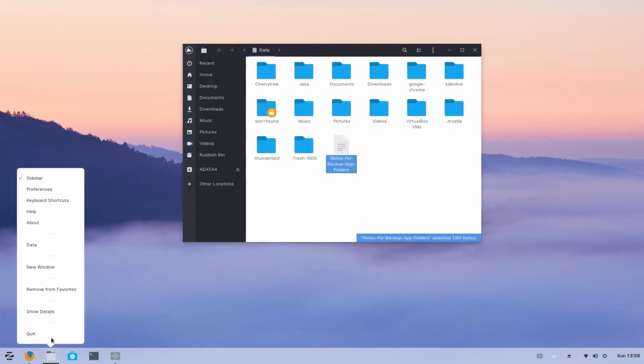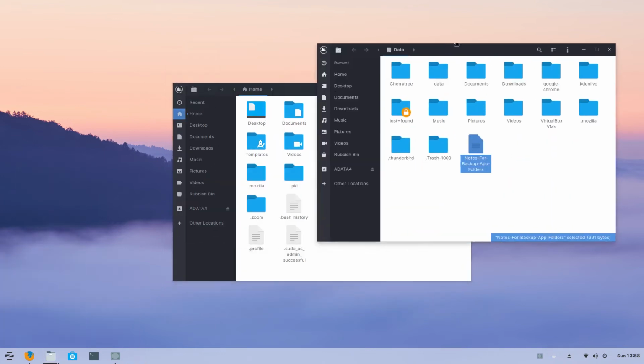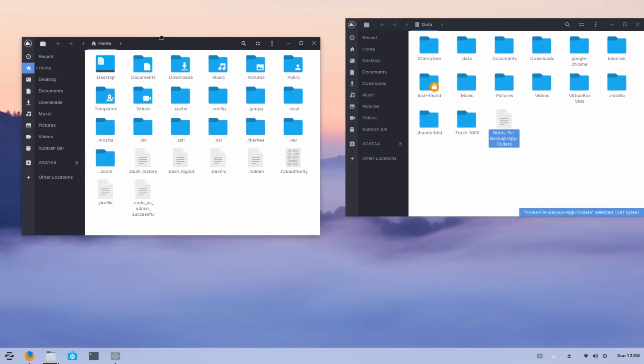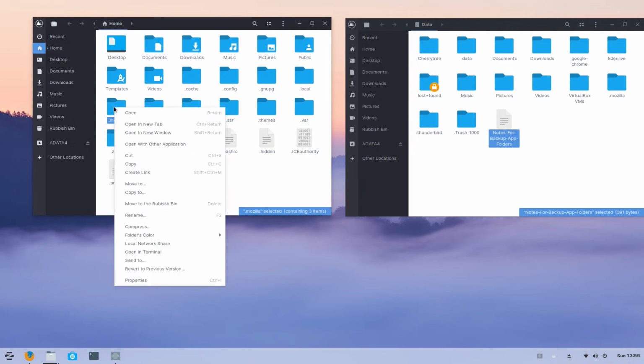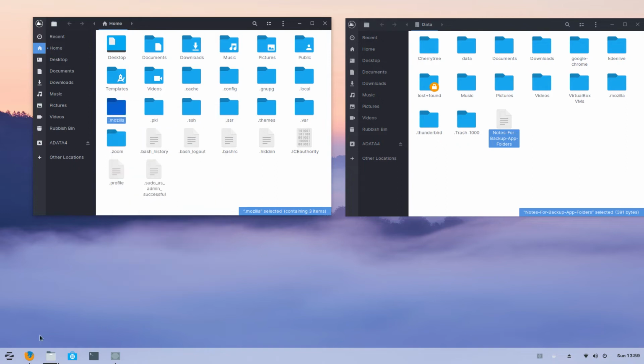So let's open another window. It's probably better we do this with two windows open. I don't know why I'm not doing that. So we go to home. We've got .Mozilla here. So we need to send that to the rubbish bin. First of all, we'll have a look at